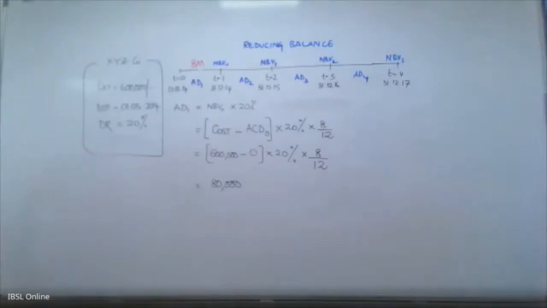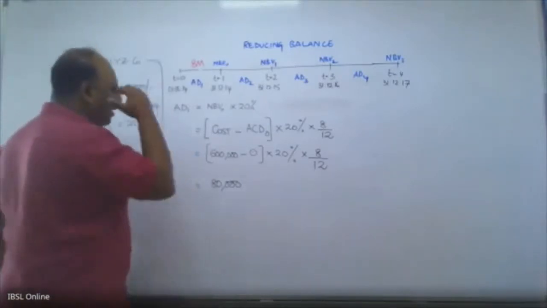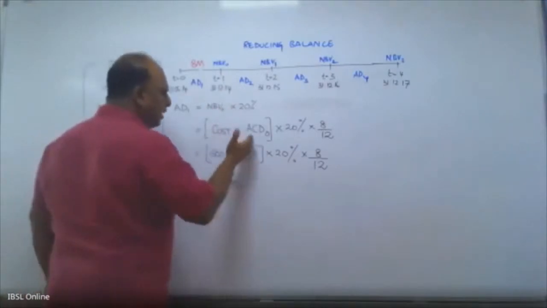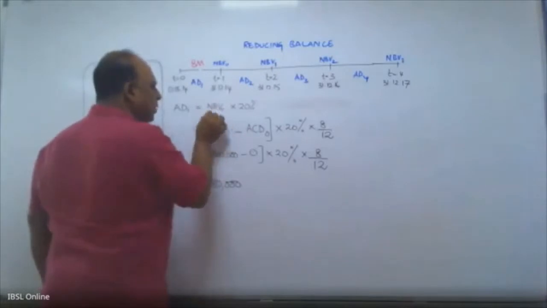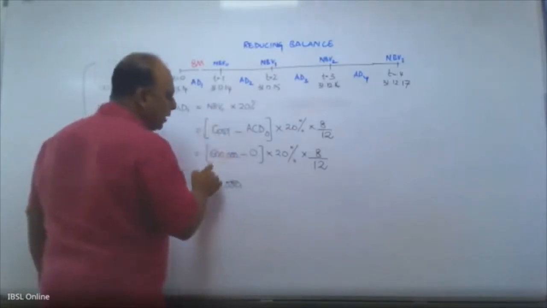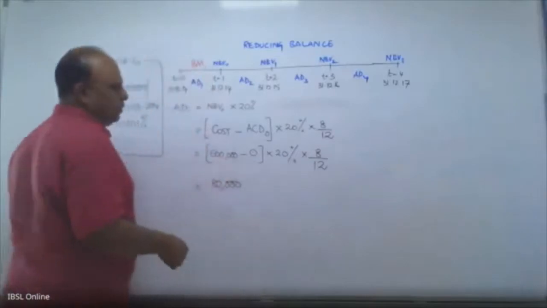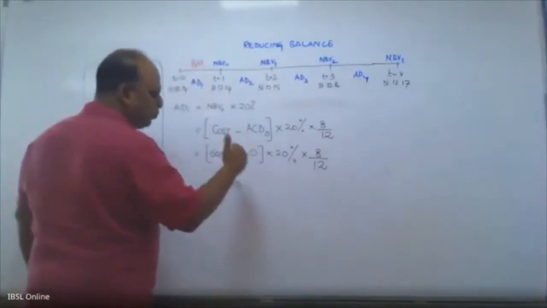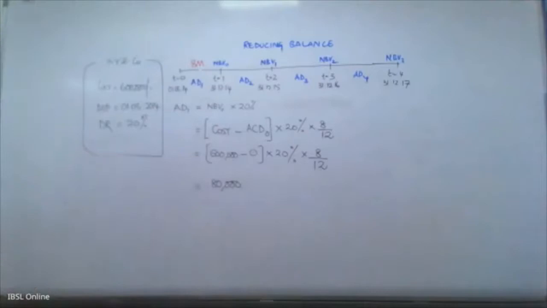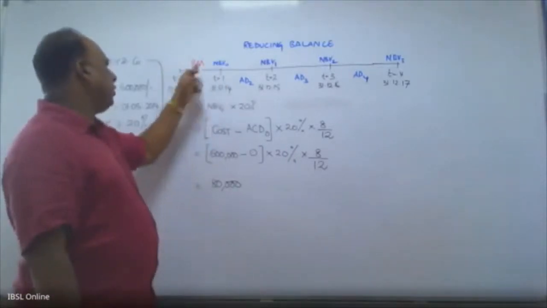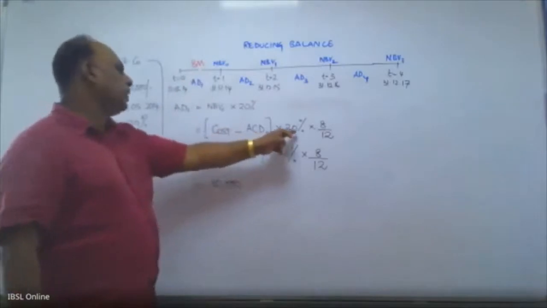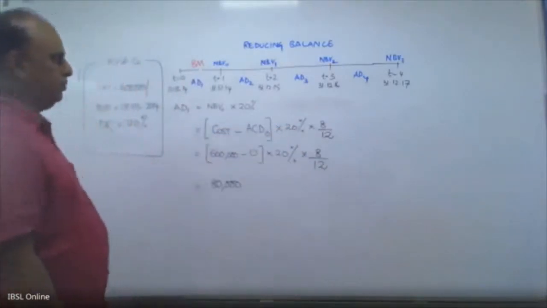So in examination, you don't need to look at all these, right? You don't have to write every line here. What you have to remember is what is the net book value? Net book value is cost minus accumulated depreciation. So you can straight away go into this line. Now, why I am writing all this is just to make you understand. But in examination, you don't need to write all these. If you know what you are doing, you take the cost at this point and accumulated depreciation at this point and multiply it by 20% and 8 by 12. Okay.